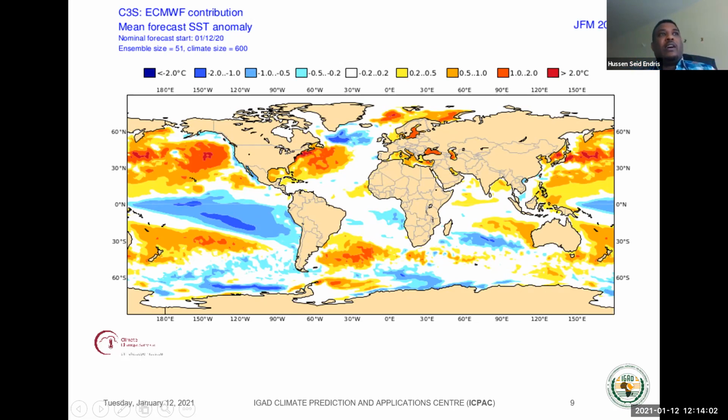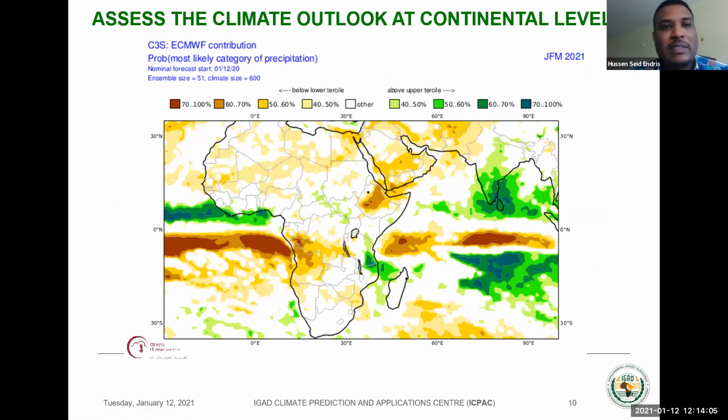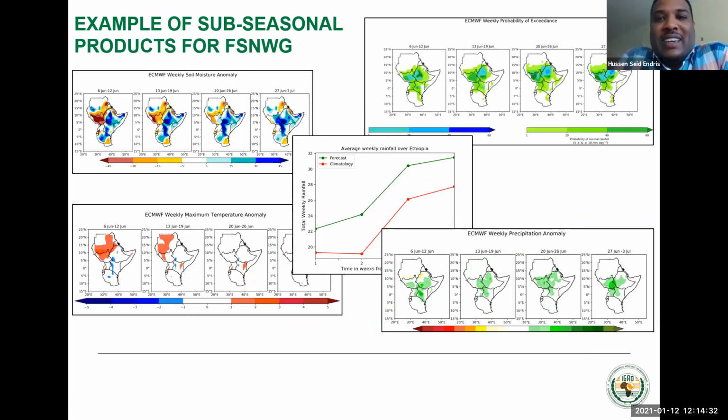And also we use the products from the C3S portal at continental and global level, mainly just to compare our products with the signal from the raw model outputs. So we also inspect this kind of products when we produce the regional and seasonal climate outlook. The other product, as I mentioned, is the sub-seasonal products, which are